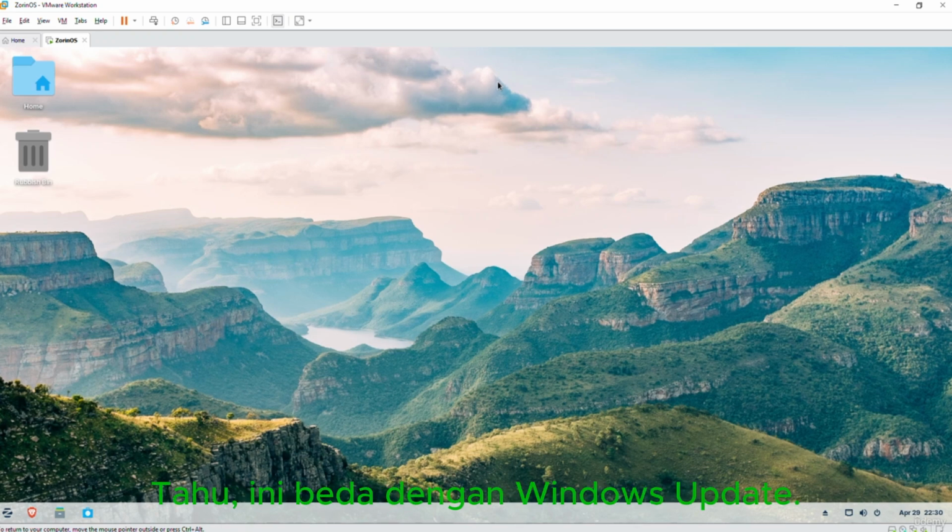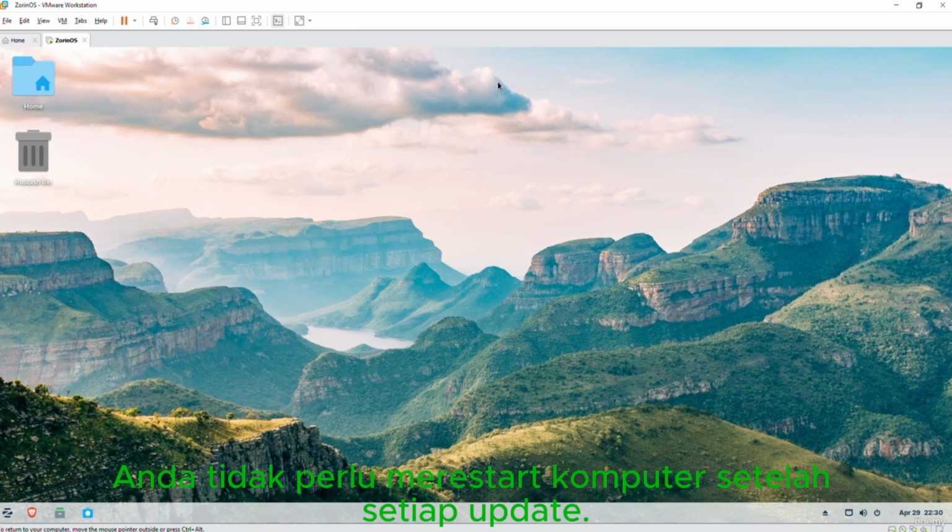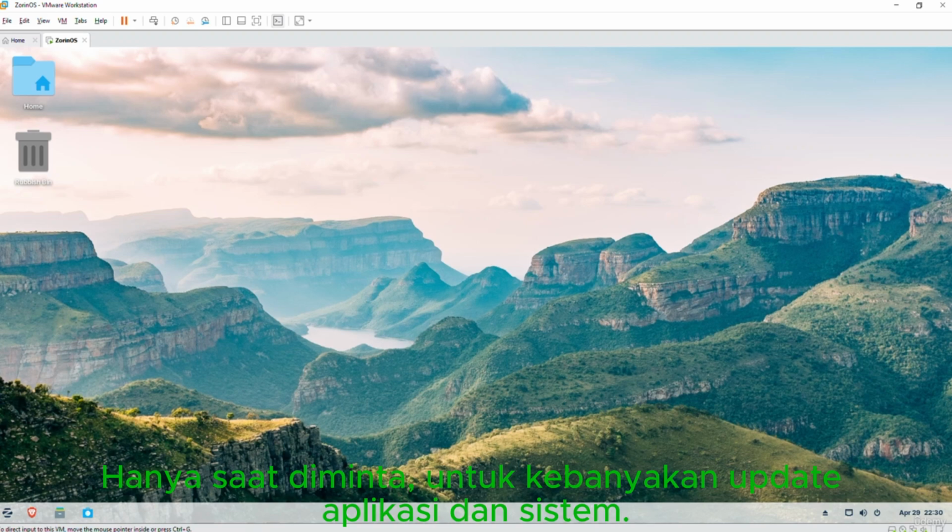And in my experience, this isn't like the whole Windows updates thing. You're not going to be waiting ages and ages and ages to get back into your system. The updates typically work pretty quickly. Now, you don't need to restart your computer after every update, only when prompted. So for most app and system updates, a